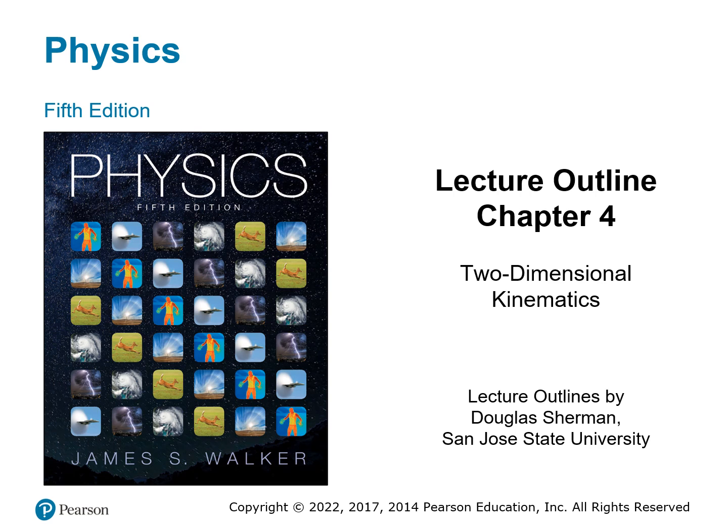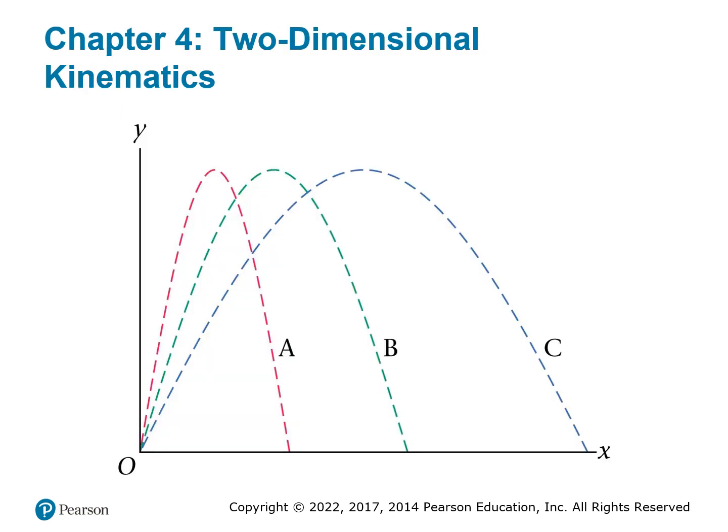Alright, this is going to be the lecture video for Chapter 4, Two-Dimensional Kinematics. So we previously talked about motion in one direction, and we were only concerned with whether the object was going horizontal or vertical. Now we have to take into account if the object is going at an angle or is being launched. So now we have to take into account the x and the y components.